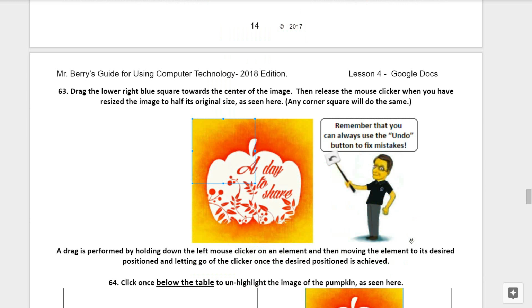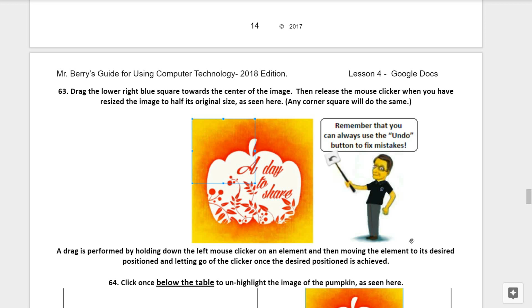63. Drag the lower right blue square towards the center of the image. Then release the mouse clicker when you have resized the image to half its original size, as seen here. The reality is that any corner square will do the same job, as far as resizing your image.